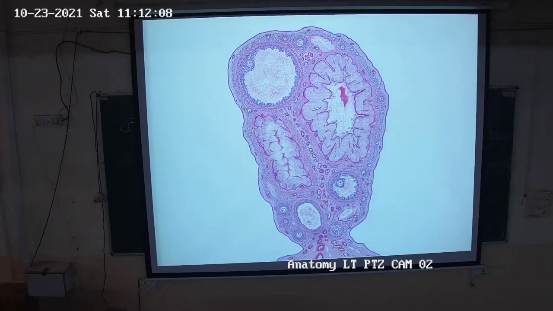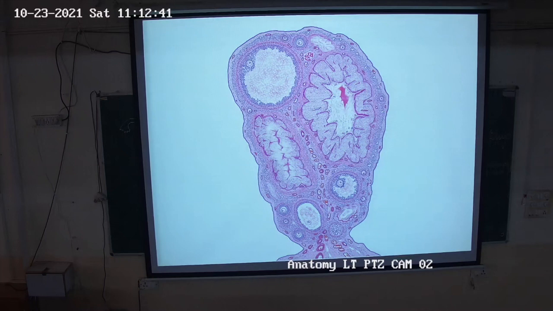Okay, so here as you can see, this is the primary follicle. Then a cavity is formed here. This is the secondary follicle. This is the mature Graafian follicle. Then after ovulation, this oocyte is given off into the pelvic cavity. Then here it will form corpus luteum. These cells enlarge, they act as endocrine gland for some time, and then they will degenerate into the corpus albicans, which is fibrotic scar-like tissue.